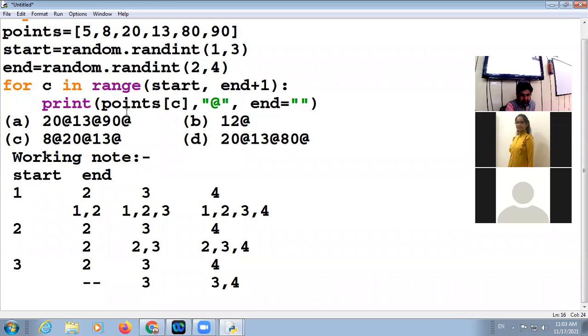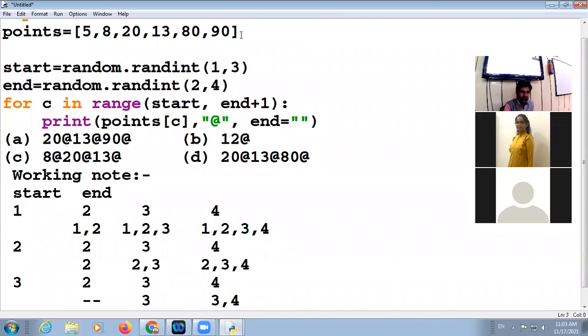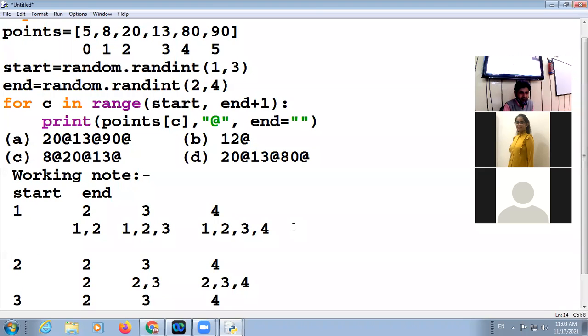Now we are displaying points C. So these are the values of C, and its corresponding value in the list. So the list is here. If we look at the list, this is index 0, this is 1, this is 2, this is 3, 4, 5. So 1, 2 means it will display 1, 2.